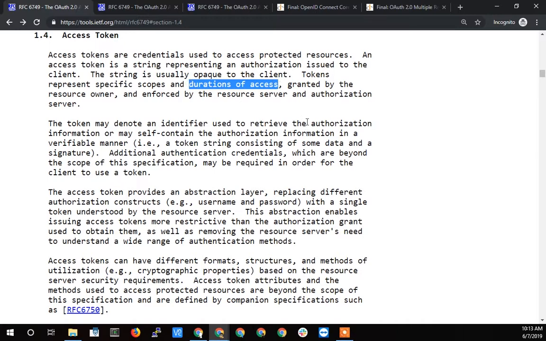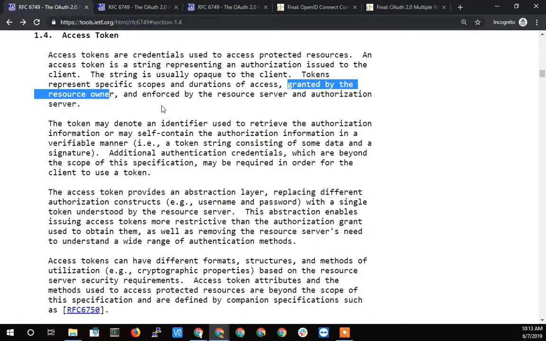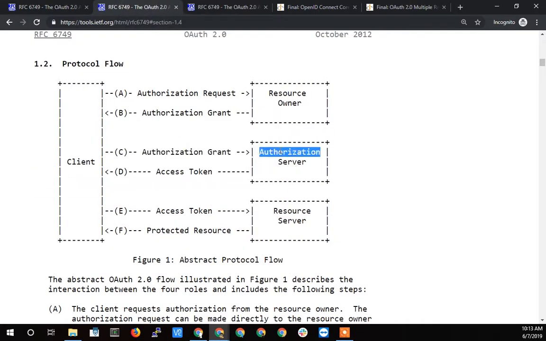Duration is how long that token is for. That's granted by the resource owner. So again, in this case, it's not shown very well here. Really, the authorization server reaches out to the resource owner, and that's usually a pop-up window or something in the flow that says, "Hey, do you want to allow this access?" And it's enforced by the resource server and authorization server. So both these guys work together to make sure that the token is valid and